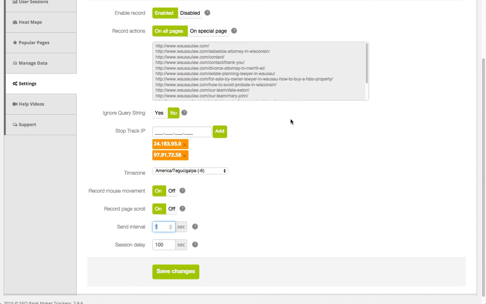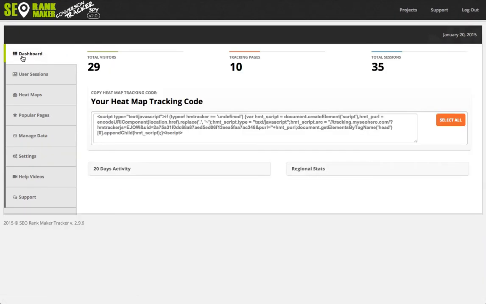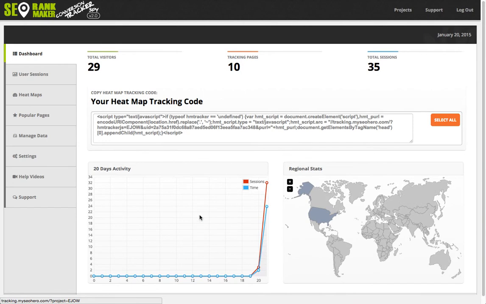In other words, as someone's on a page, every 1 second it will capture what they're doing. You can make that slower if you want, but you can't make it any faster. So that's the settings. Again, I'm going to go back to the dashboard here, and from the dashboard, you'll see